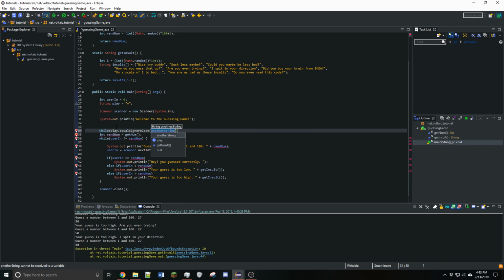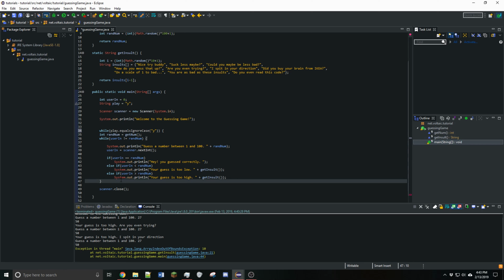Dot equals will match a string exactly, including capitalization, while dot ignore case will match everything except capitalization. So what we're going to do is allow the user to input capital or lowercase y, where if we use just equals, they'll only be able to input lowercase y and have it work. I'm going to have while play dot equals ignore case y,